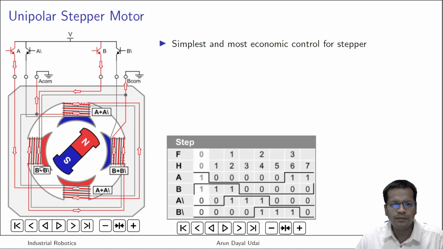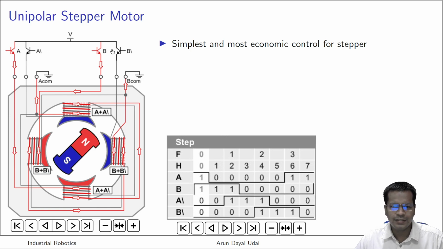So let us say you have a motor. What you can see here, what is this? This is nothing but a transistor switch. If you put this base as high, if you put 1 over here or 5 volt, this gate is open. It allows the voltage which is applied from the top, the driving voltage of the stepper motor. If you switch this on, it allows current to flow. If you switch on A, A bar, B and B bar, so you have 4 switches.